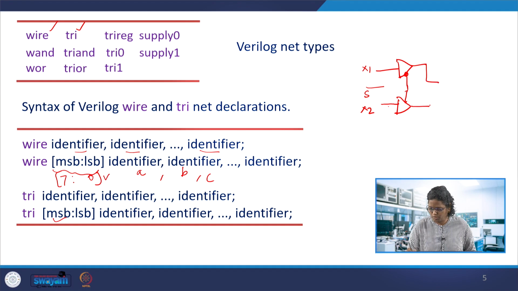So we connect both of these to a single line. So here is the line, the one which is shown over here, the select line. So if select is 0, then this will be enabled and passing this signal to F. If select is 1, this buffer would pass this x2 to here, and this F is driven by both of these output buffers.